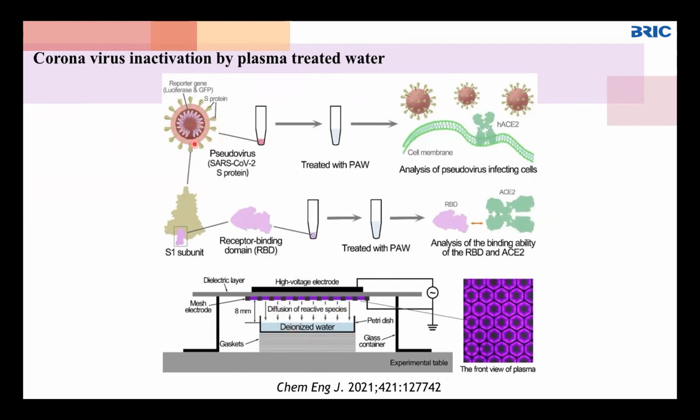Then we treated this virus with this plasma treated water and found the RBD domain is damaged, and the interaction between the RBD domain and the ACE2 protein, which is present on the human lung host cells. This RBD of the virus and the ACE2 of the human host cell must interact. This interaction is gone after this treatment. And we also found that after damaging the RBD of the virus, these viruses cannot enter the human host cells, so they cannot infect. So the virus titer was reduced a lot in this study, even by this plasma treated water.